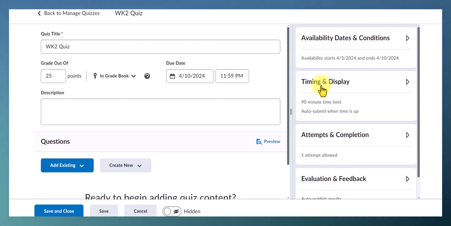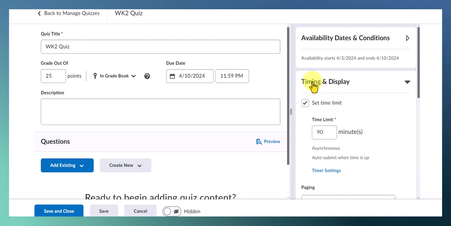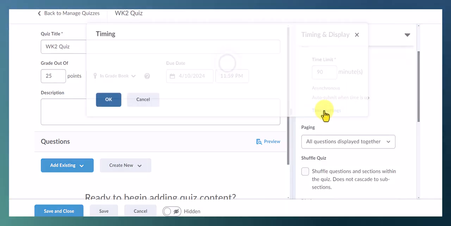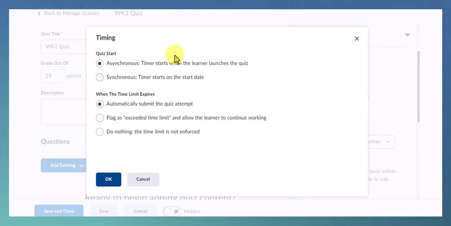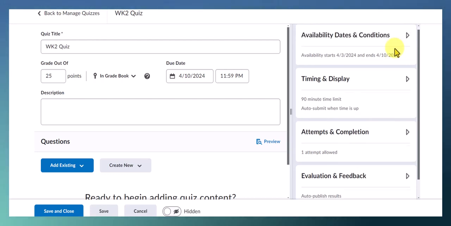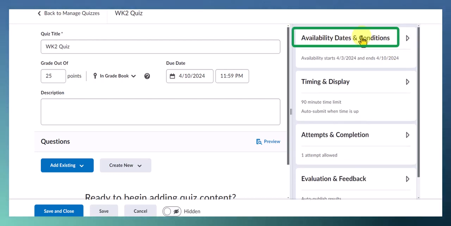and timing and display. You can see that I have set a 90-minute limit for all the students in the course for this particular quiz. If I click into timing and display, you can see here that it has this. And if I click on timer settings, this allows me to change a couple things, but it actually does not allow me in this particular area to change specific timing requirements. So I'm going to click cancel, and instead I'm going to go to availability dates and conditions